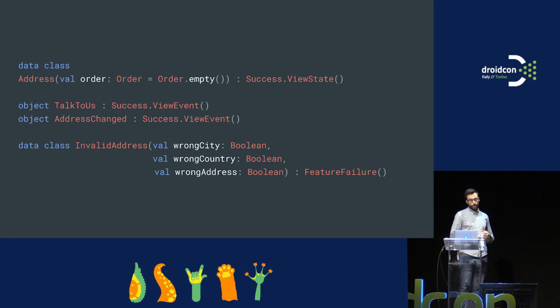That means that when someone clicks on the chat icon, the reducer will return a new state, in that case an event, which is still a success, but we want to model it differently. And we'll also have one for the address changed. And in case of errors, we have a feature error, which will be the invalid address. That is an object that represents a failure on the invalid address, and then the UI will take care of displaying this as is convenient.